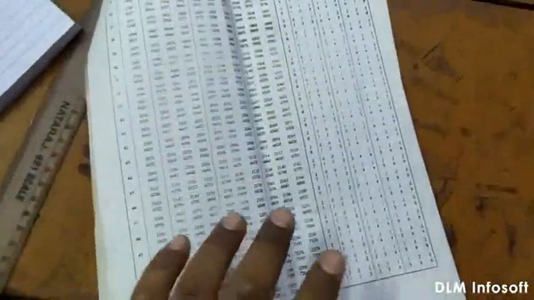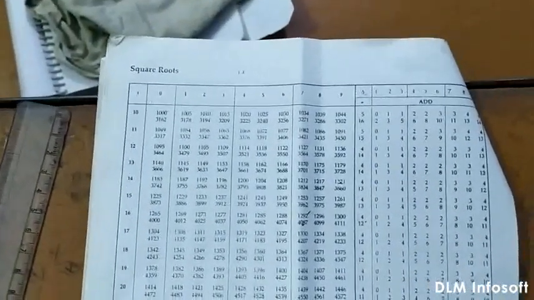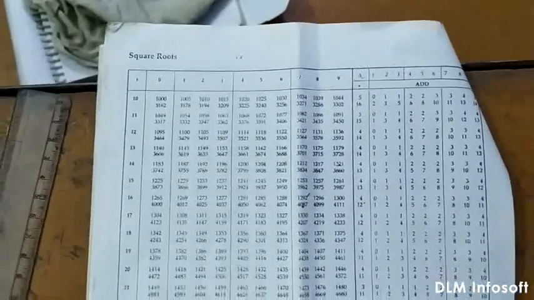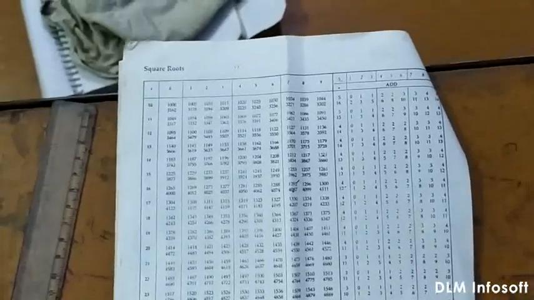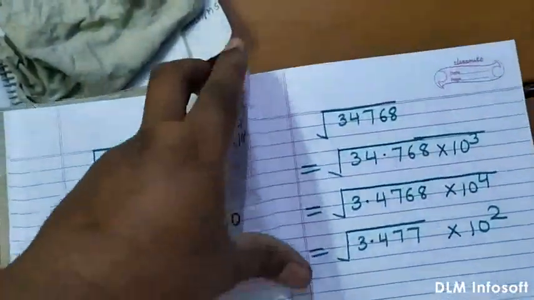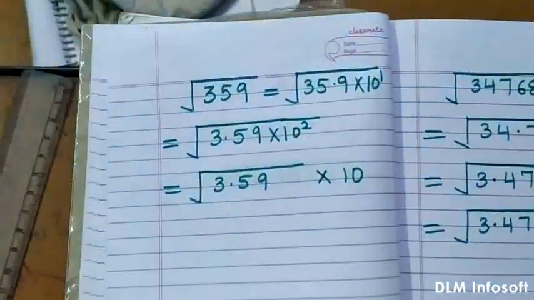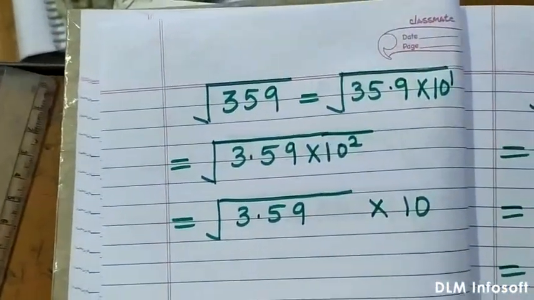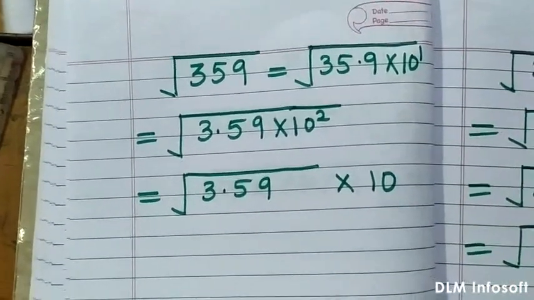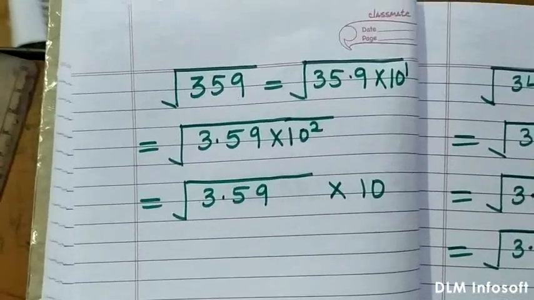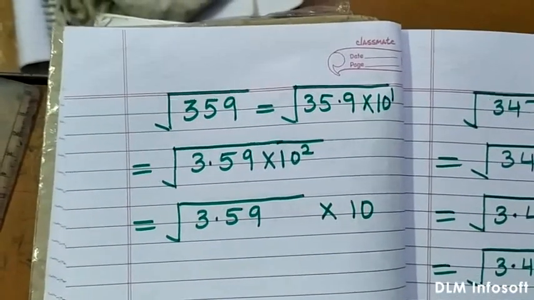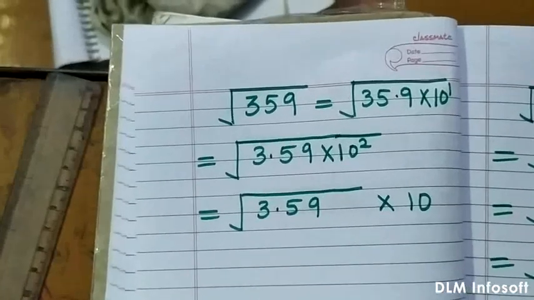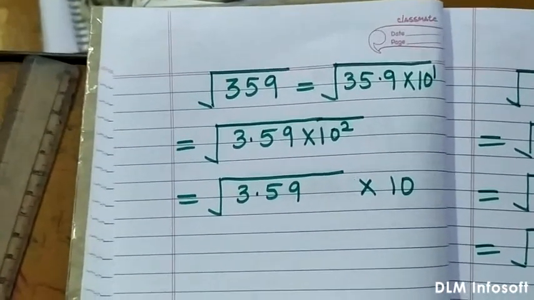Now how will you use this table, by which we can determine the square root of those numbers which consist of more than two digits? Suppose it consists of three digits. So what is the procedure? First of all you will write the number in powers of 10, in such a way that there are either two digits or one digit before the decimal point. But the power of 10 should be even. The power of 10 should be either 2, 4, 6, like this.